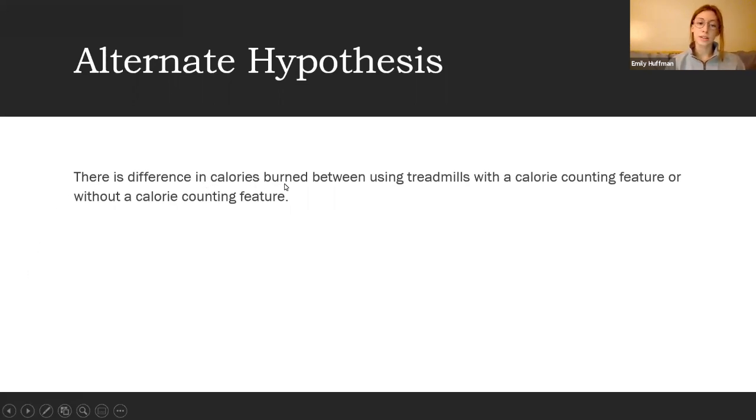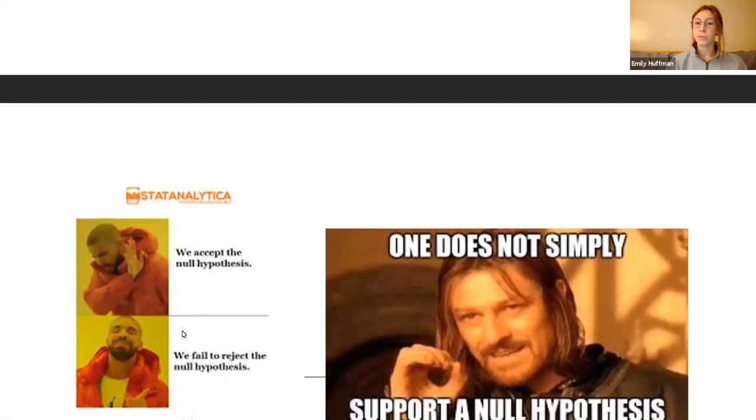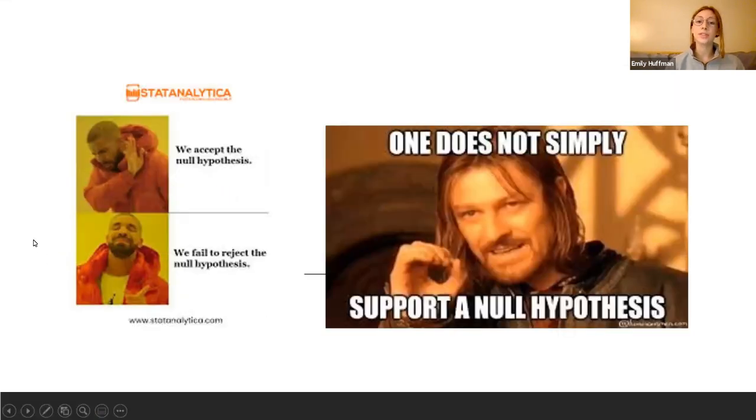There is a difference in calories burned, our dependent variable, between using treadmills with a calorie counting feature or without a calorie counting feature. And I hope this helps, and just a huge reminder that as you go through all